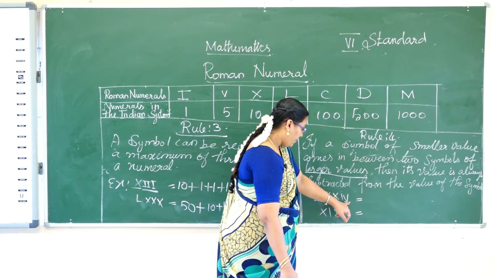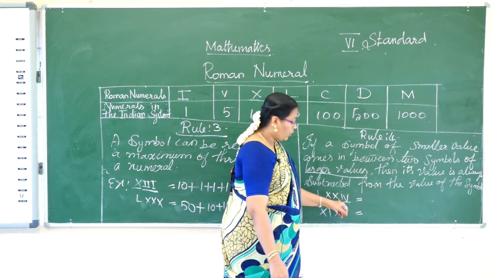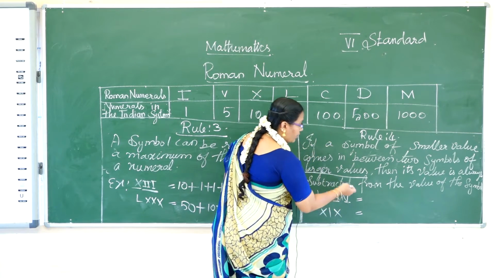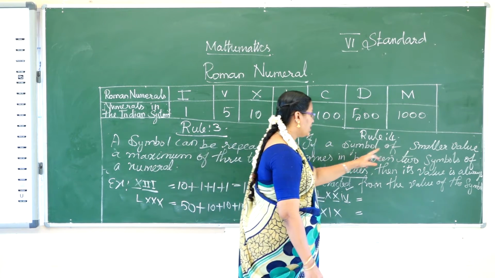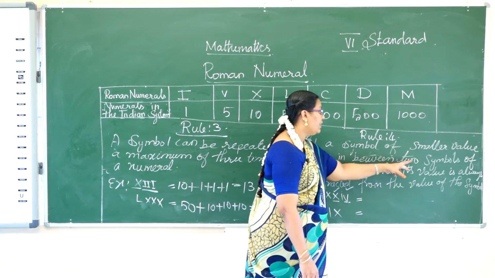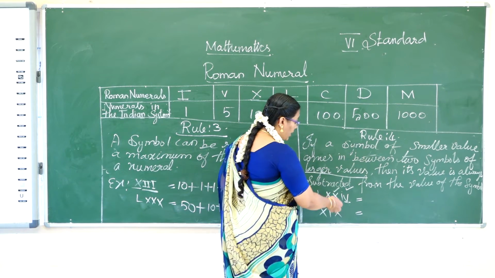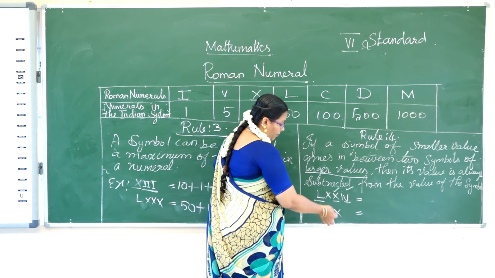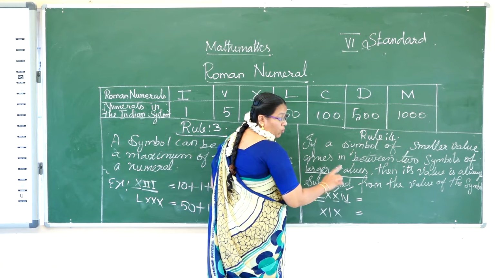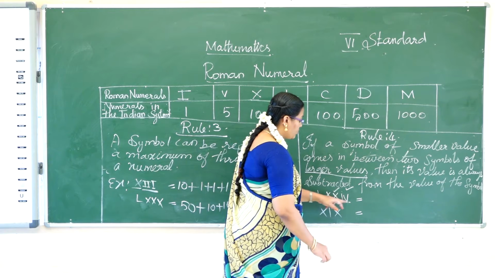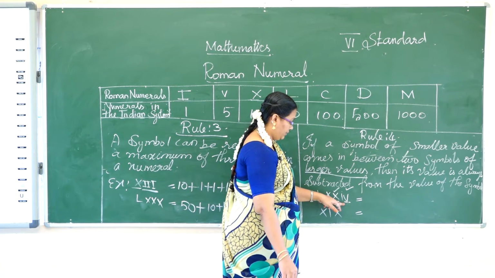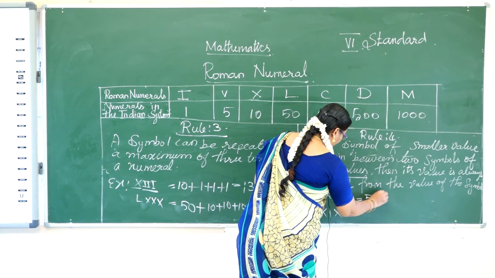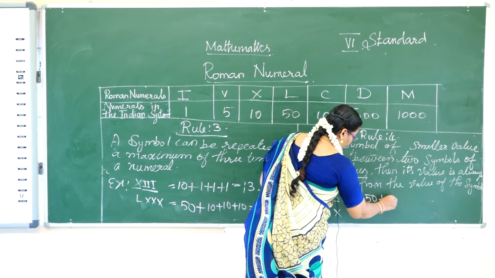So in this place, from here, whatever we do, we need to subtract. Here this one is the biggest value. What is rule 4? The smaller value comes between 2 symbols of the largest value. Here the 2 largest values are 10 and 5. In between, which number is there? 1. So in this place only you want to subtract. Okay. So what is the value of L? 15. X value is 10.